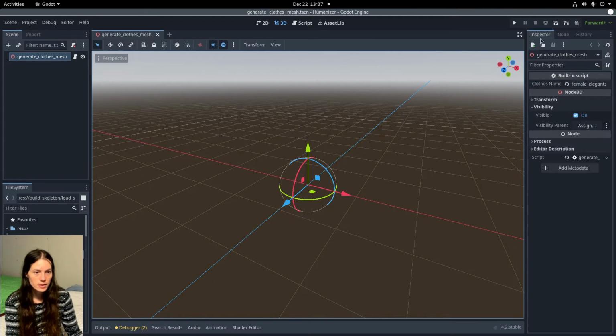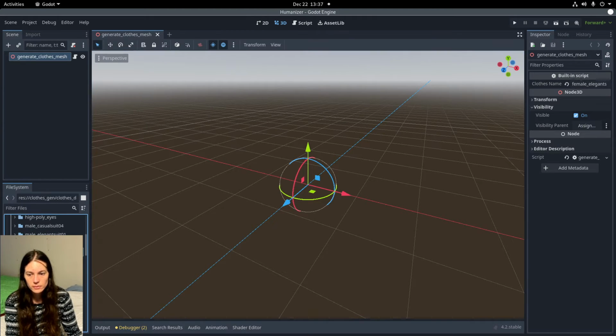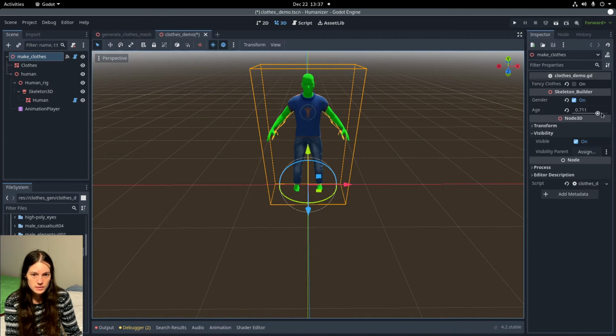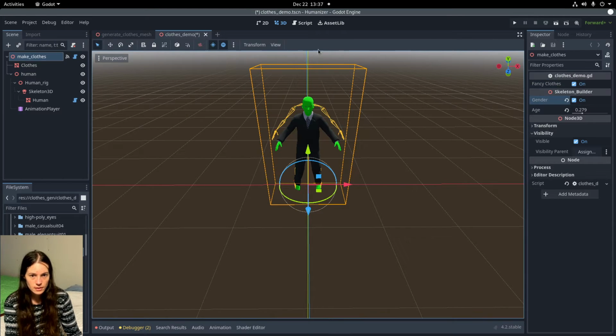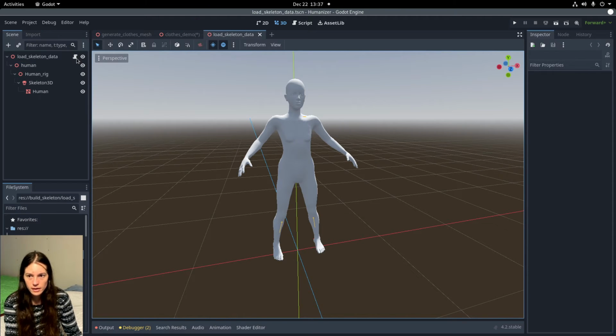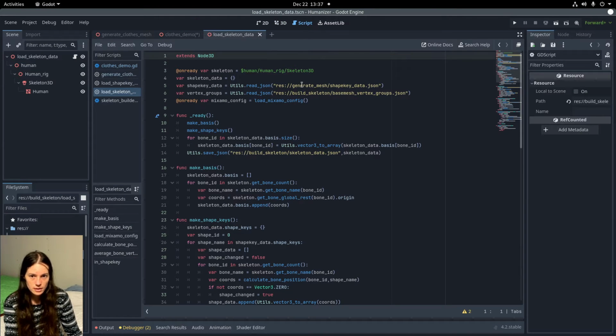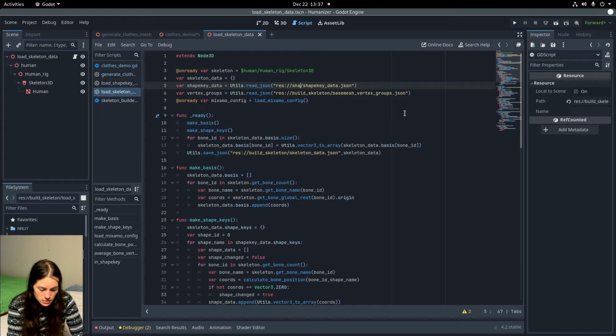Once it's done generating all of the clothing meshes, if I open up the clothes demo, you can see that the clothing fits on the character, but the skeleton isn't updating correctly. But you can see that the clothing works. So now I need to rerun the load skeleton data scene, and I need to change the shape key